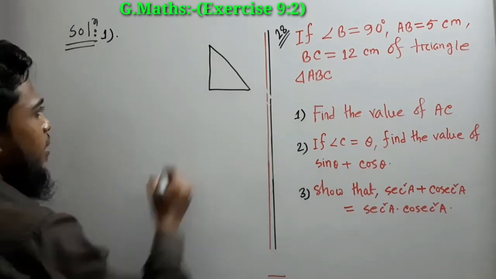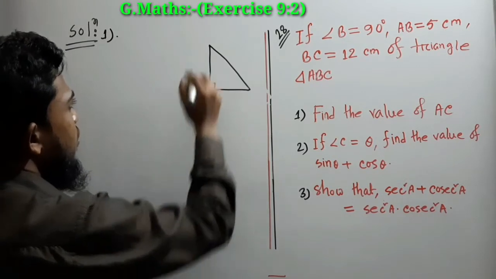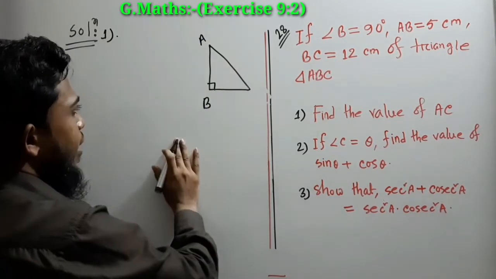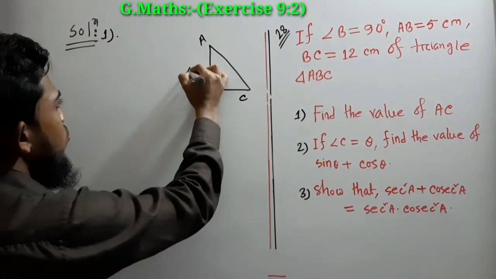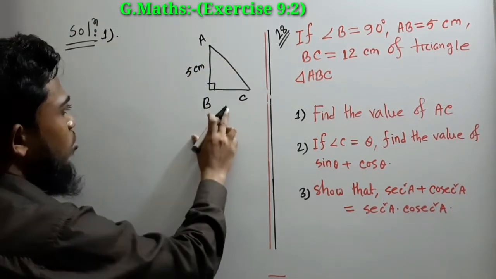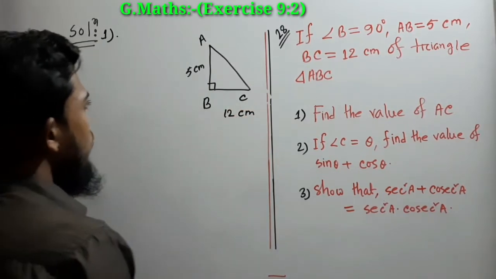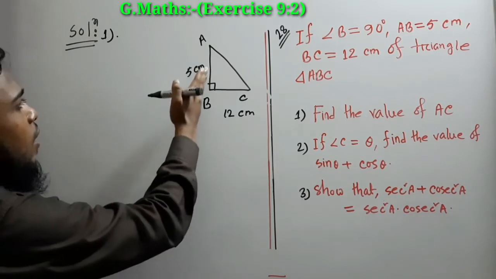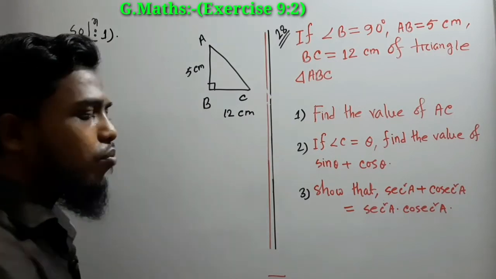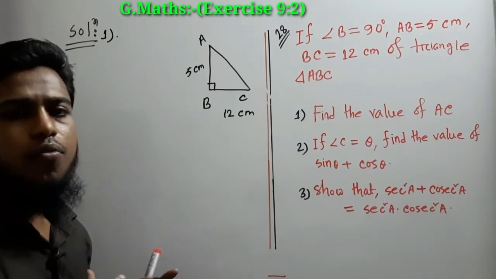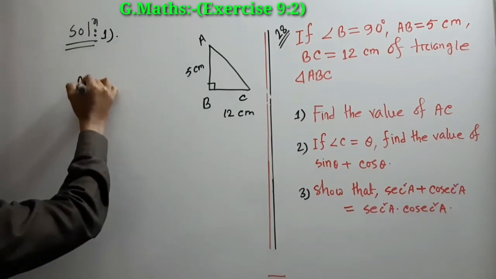This is a right angle triangle. Here B is 90 degrees. This is angle A and this is angle C. The value of AB equals 5 centimeters. The value of BC equals 12 centimeters. Now you have to find the length of AC from this right angle triangle. So you have to apply the formula of the Pythagoras theorem. So according to the Pythagoras theorem,